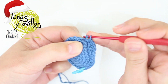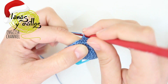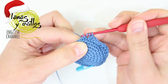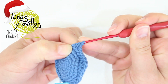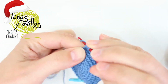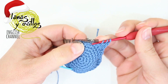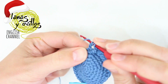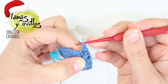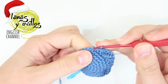2 single crochet, 1 half double crochet, 1 double crochet, 1 treble crochet, 1 double treble crochet, 1 treble crochet, 1 double crochet, 1 half double crochet, 2 single crochet,